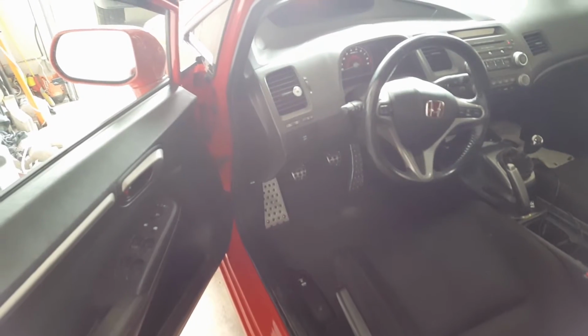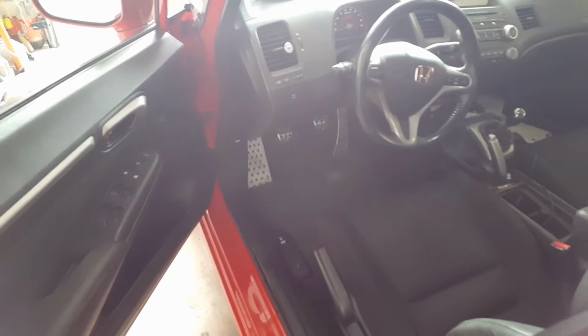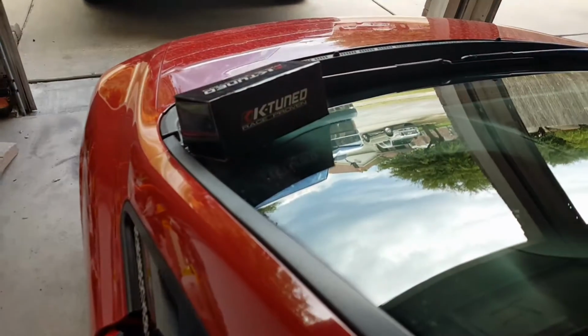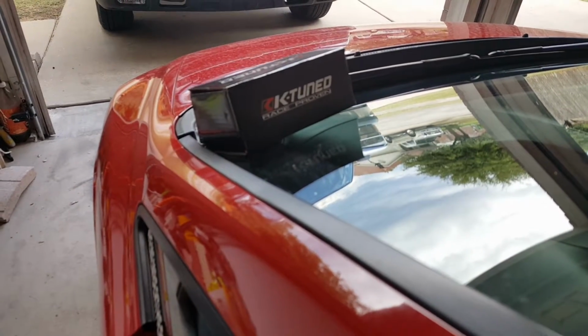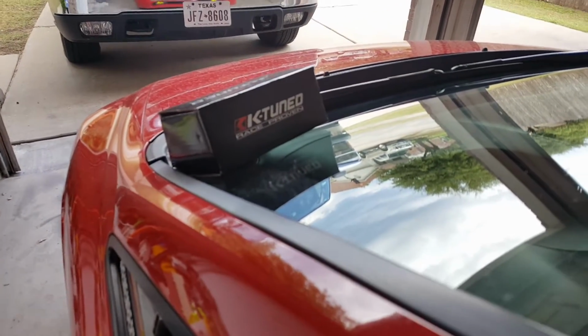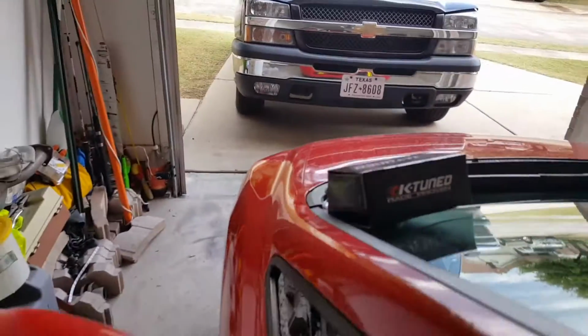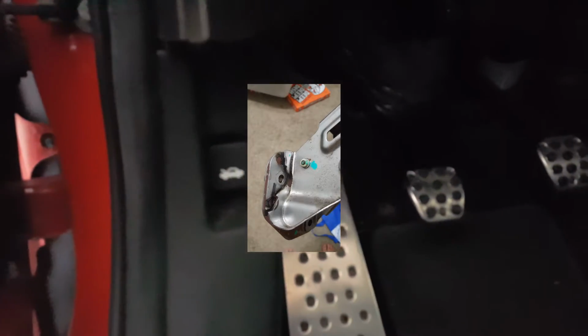Assuming that the clutch master went out, I went ahead and ordered a K-tuned clutch master, which is right there, and a K-tuned slave cylinder. But like I said, I didn't know at the time that it was actually broken until I started doing some more investigating. And I'll try to insert a picture right here somewhere to show what it looked like when it was actually snapped. But if you come underneath here,